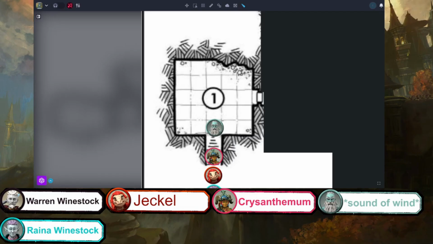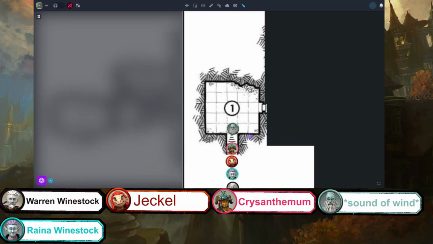Alright, so how far away am I? You are about the distance of 5 people, about 25 feet away. 5, 10, 15, 20, about 20 feet away. It is a straight line hallway, so you will have to push past if you want to get in physical range. Is it reasonable to say that I could move past everyone? If everyone is willing to give a reaction to step out of the way, I'll say yes.